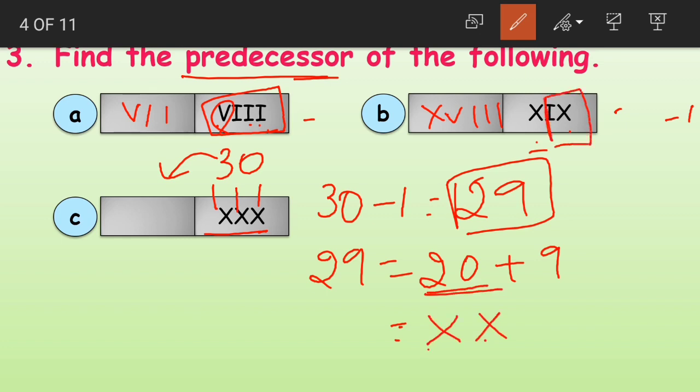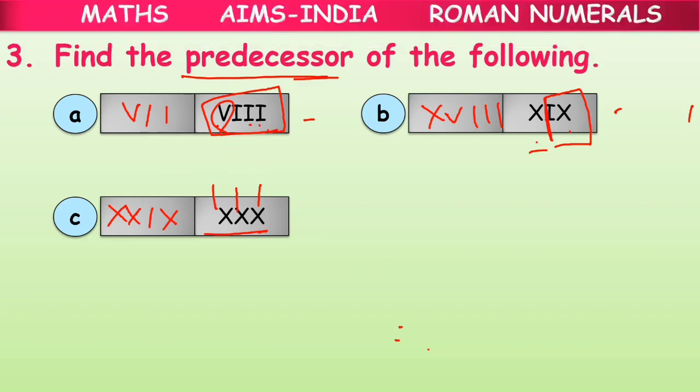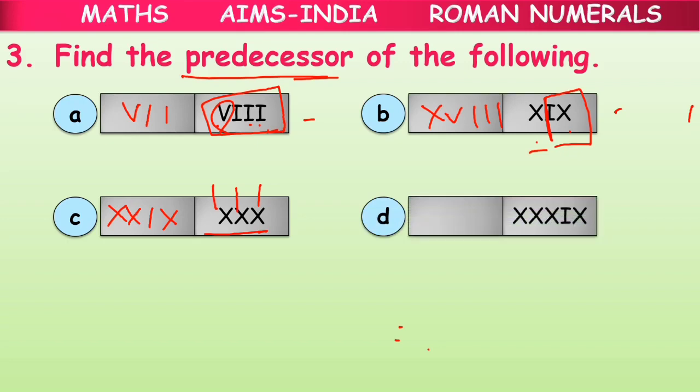And just now we saw here that IX stands for 9. So 29 will be written as XXIX. XX is equal to 20 and IX is equal to 9. XXIX becomes 29. Clear, children? Fourth question,